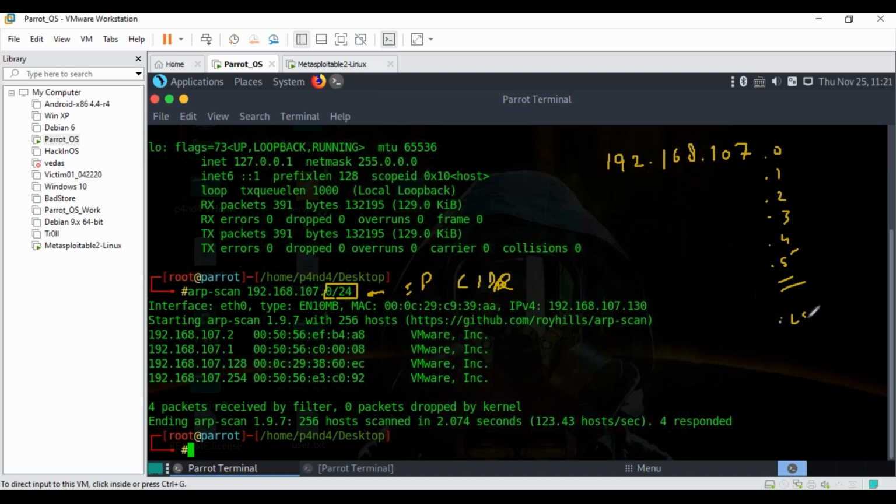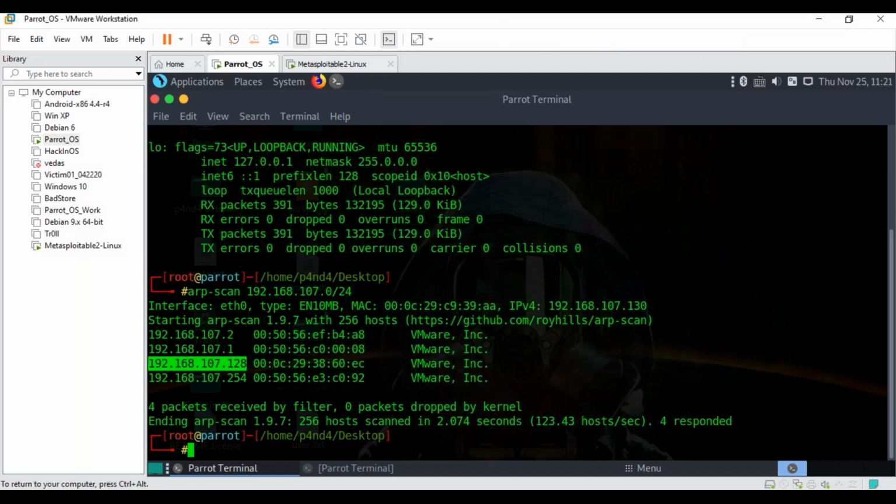192.168.1.2, 3, 4, 5 till .255. It will scan the entire range, check whichever IPs are up, and display just those IPs in front of me. Among them we have the network ID, the default gateway, and the broadcast IP, and the one which is left will be considered another machine's IP, which is your Metasploitable IP. So I got my Metasploitable IP. I'm pretty much fine. I will simply copy it and try to scan it, right?